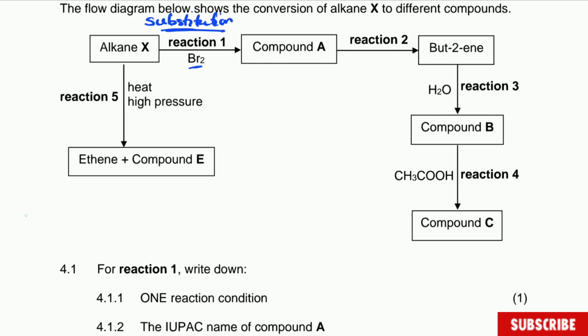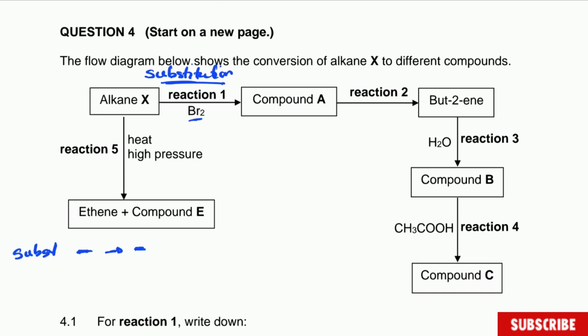Remember, substitution reaction, I'm going to write it here. You start with a single bond and you will end with a single bond. That is important. And you have alkane, which is single bond, and you add a bromine. So this reaction is substitution reaction, and in this case it is going to be halogenation